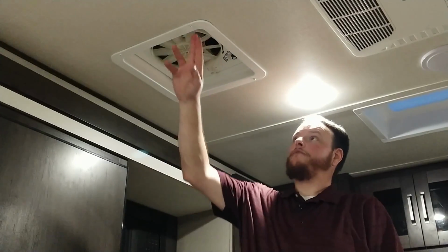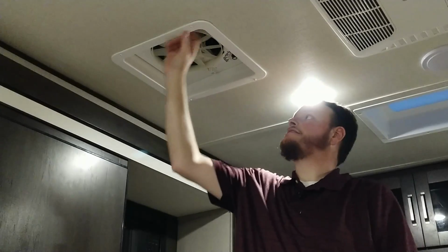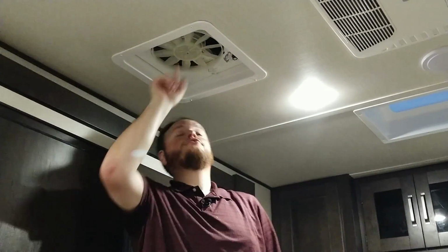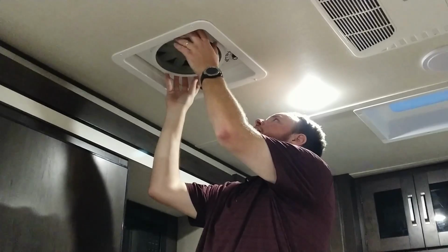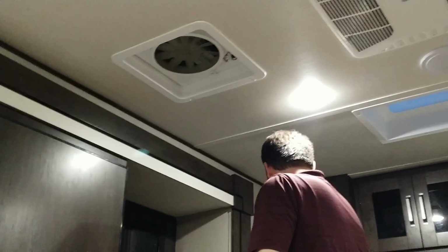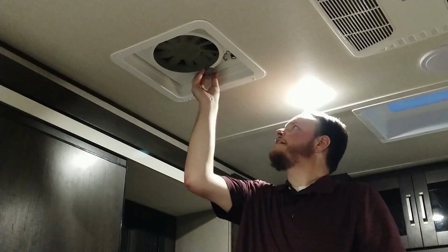Okay, so after you have your 4 shroud screws back in, make sure that everything's sitting flush, your blades still turn fine, and make sure there's no wires in the way. You can take your little screen and it goes in and twists in. It's easily removable, unlike the stock one. And then you can take your knob, stick it on,